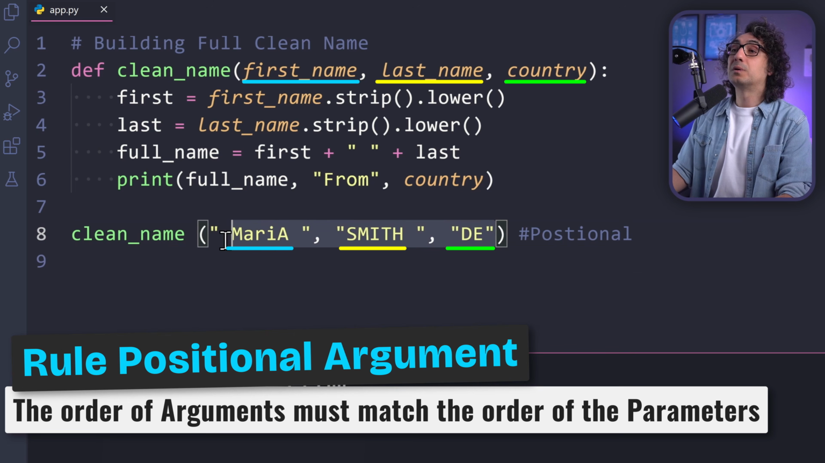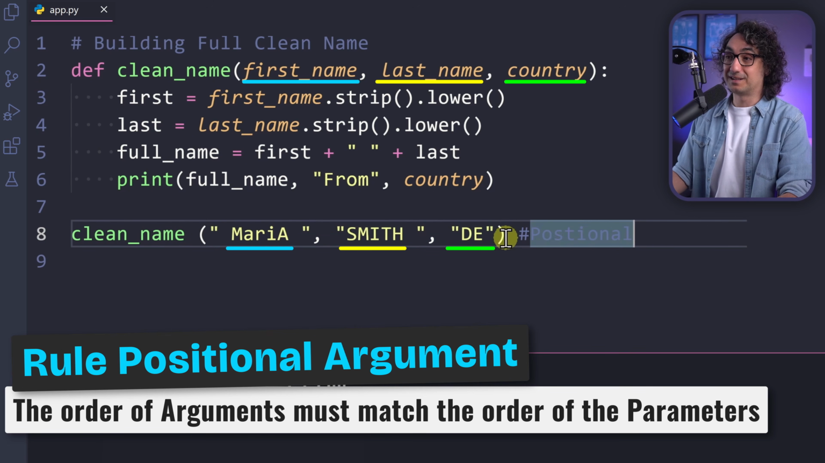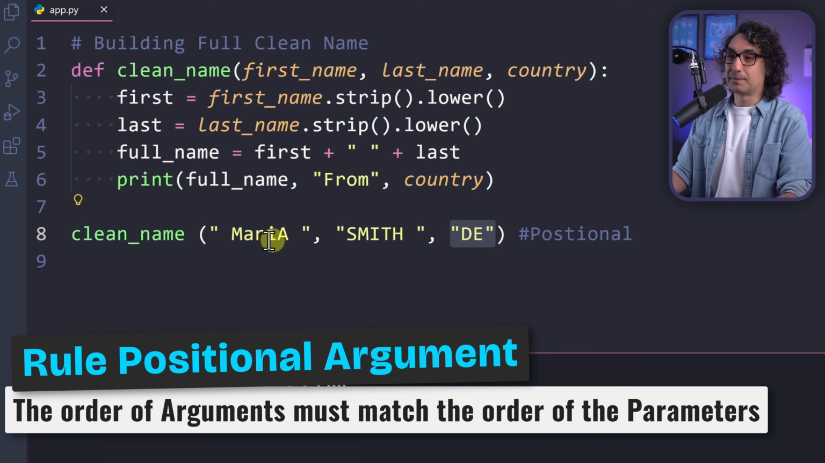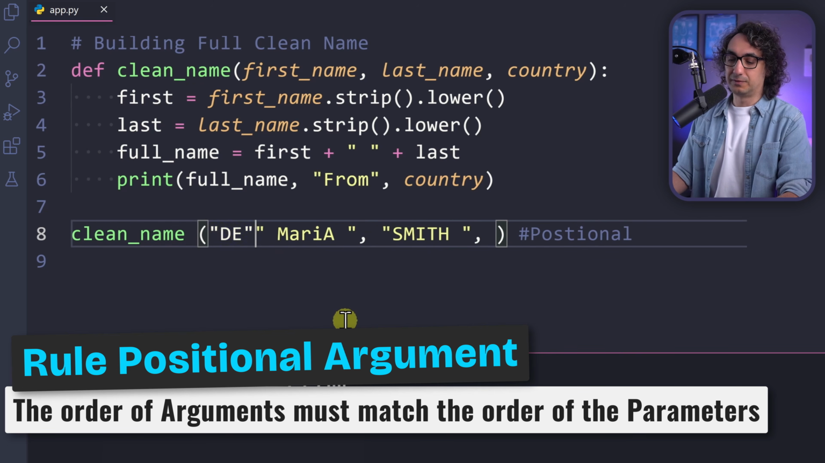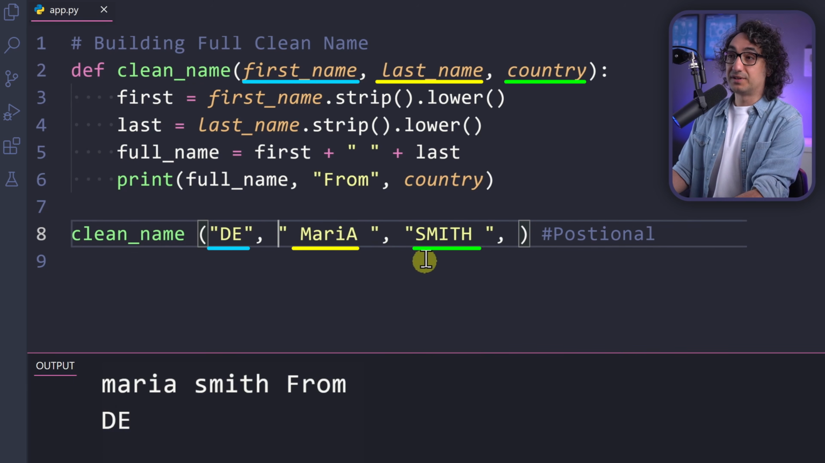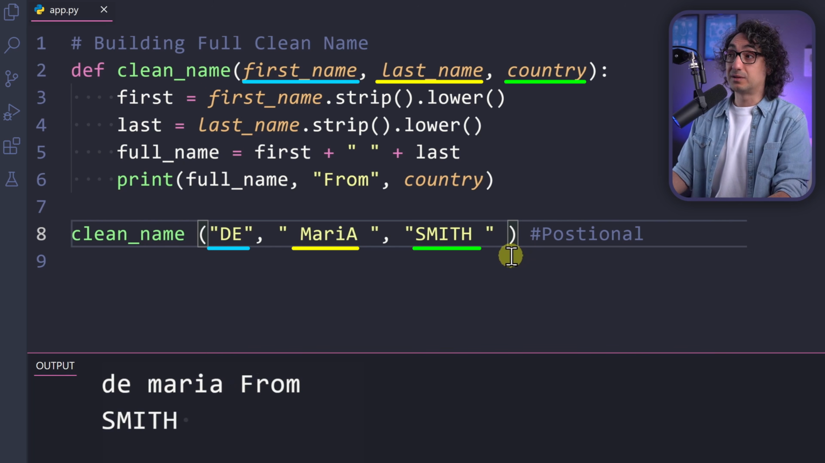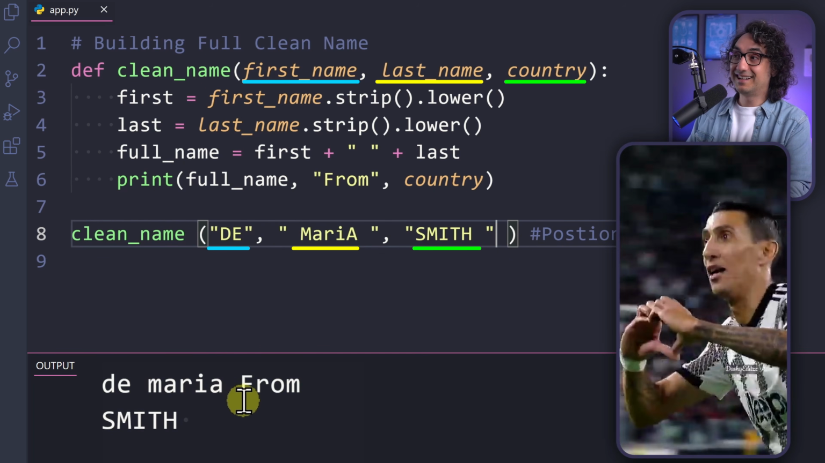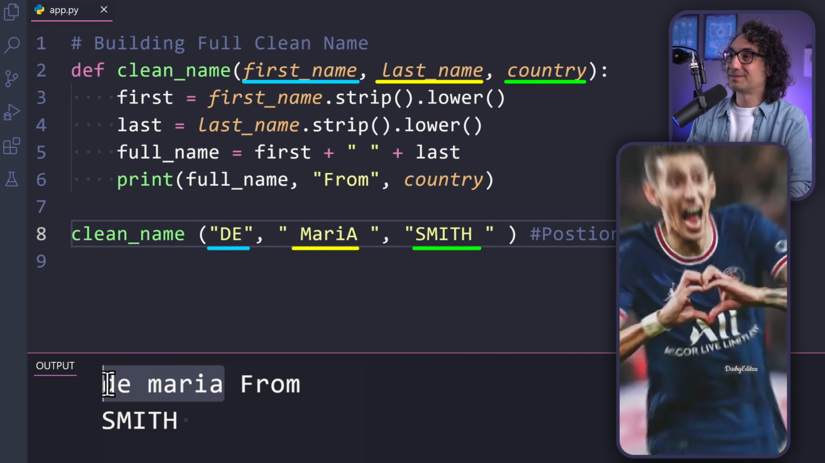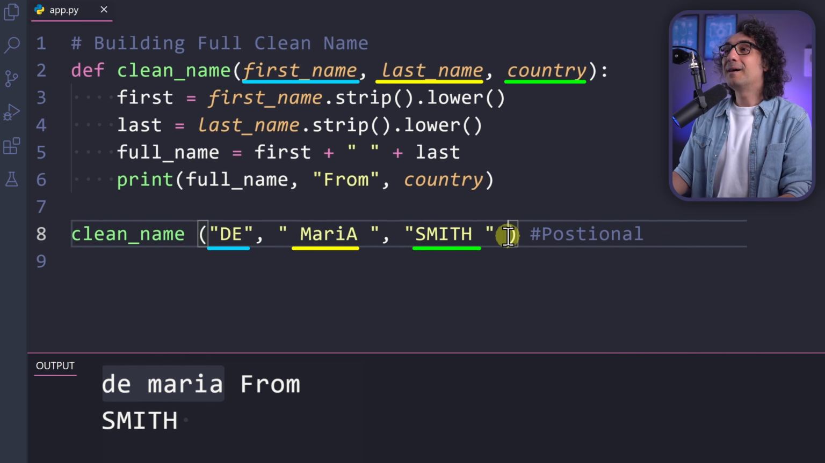So that means the order of the values over here is really important. And this is of course very scary because if you make something wrong, we all make mistakes. If you put the country first, then first name, last name, and then you execute it, you will not get an error, but your data will make no sense. DE Maria from Smith. Well, maybe the first part makes sense, but the whole thing is messed up because Python